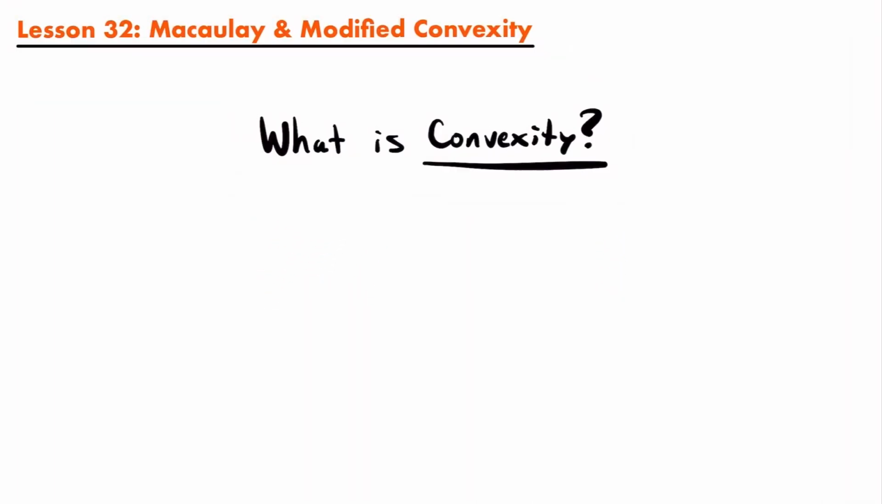Alright, so the concepts of Macaulay and modified convexity, as you could probably guess, are related to the Macaulay and modified durations. Now remember that duration is a way to measure the sensitivity of the present value of a series of payments or cash flows to change based on the change in interest rates. In other words, duration reflects the rate at which the present value of a set of cash flows changes as